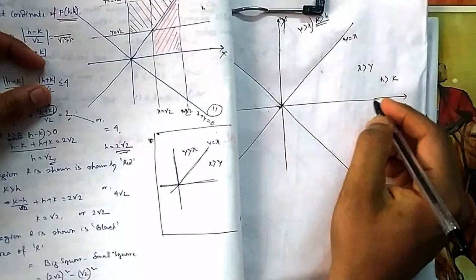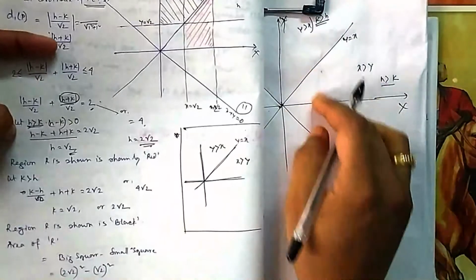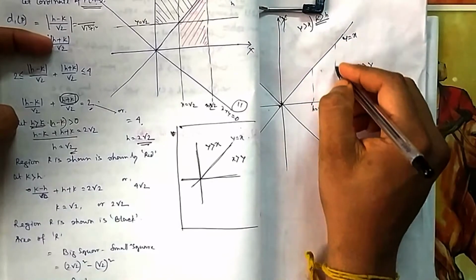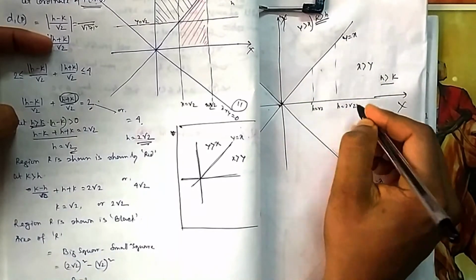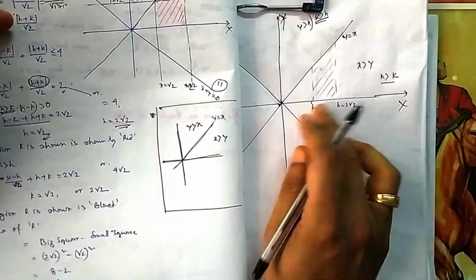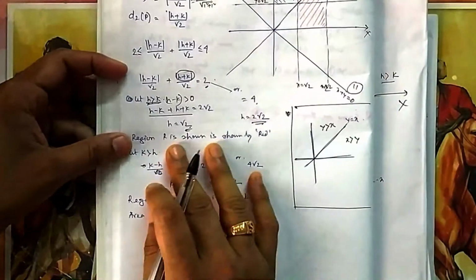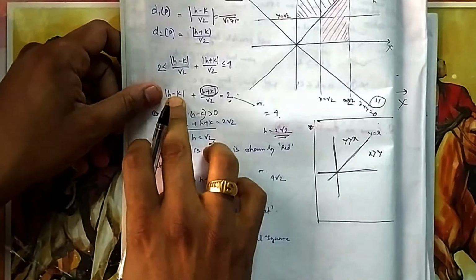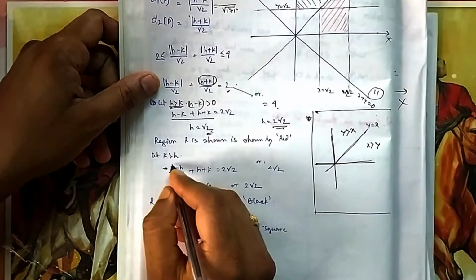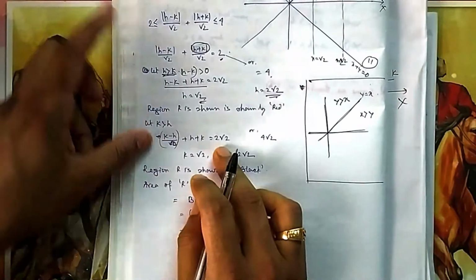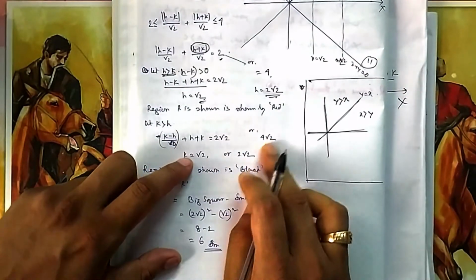So let me write it here. And h greater than k means only this zone. So suppose h is equal to root 2, and suppose h is equal to 2 root 2. So h can lie between these. So this is one area. Let me now show how if k is greater than h. If k is greater than h, that means this one, that means this is negative, so to remove this mod I have to put a minus sign here. So minus of h minus k, so it is k minus h. So if you solve it with 2, it will be root 2, and with 4 it is 2 root 2.